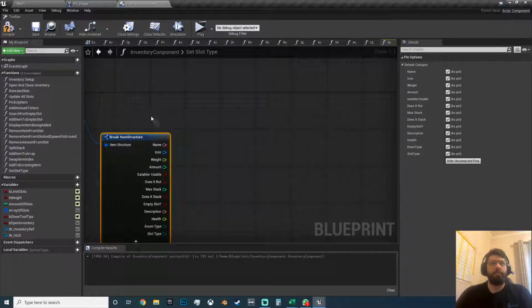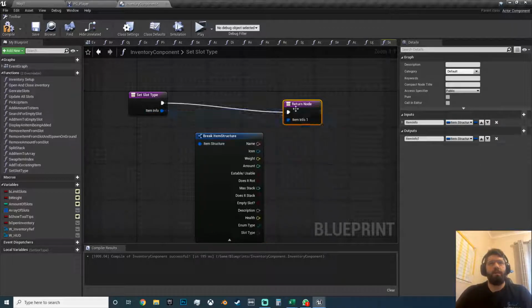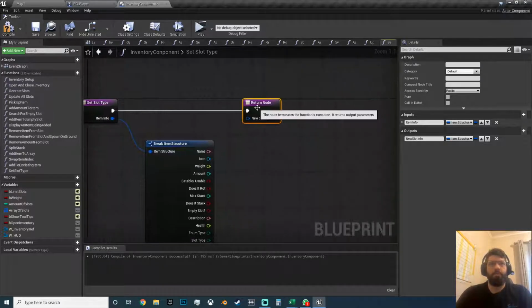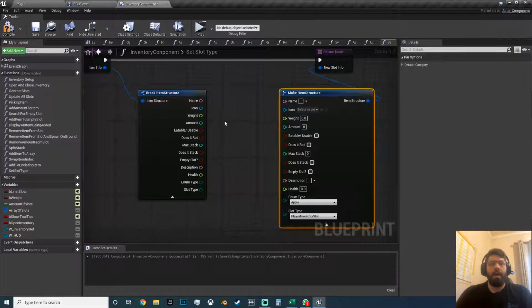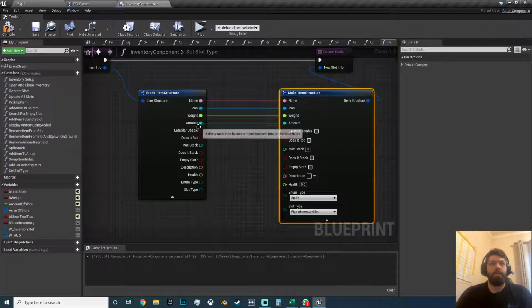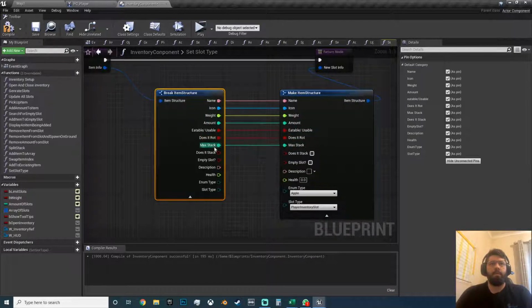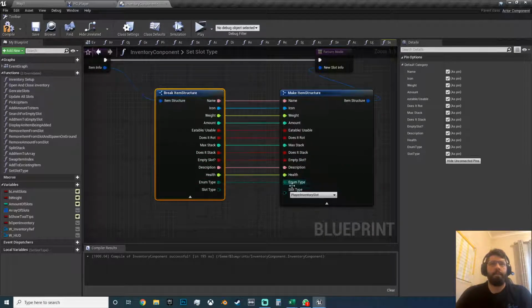The slot info, and you want to add a return node and just drag off here, drop it in. Just go new slot info, or you could have left it slot info 1, doesn't matter. And you want to basically connect everything up. Whoops. Like this. Now this one,